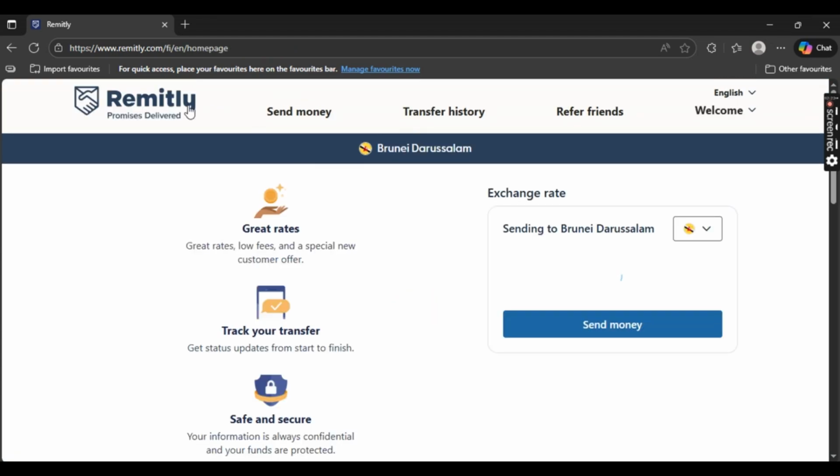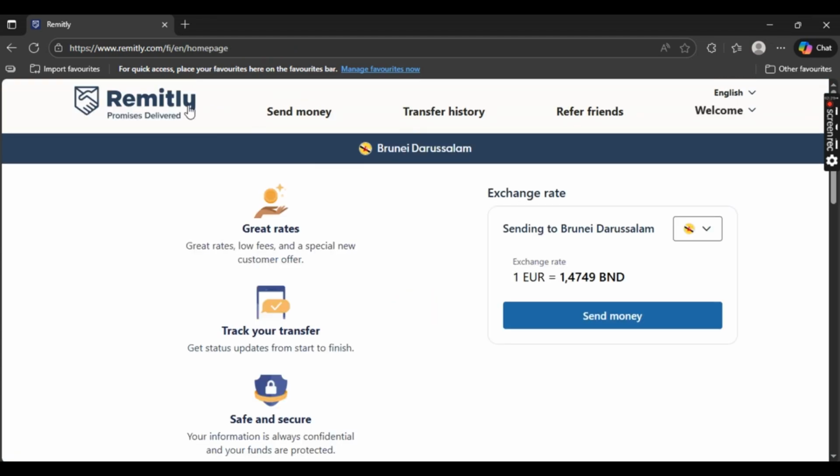Want to know how to manage notifications in Remitly directly through your browser? So if you have your Remitly SMS to disable or enable, this video is for you. So on your web browser, just simply type in remitly.com, and once you're there, you should be provided with this